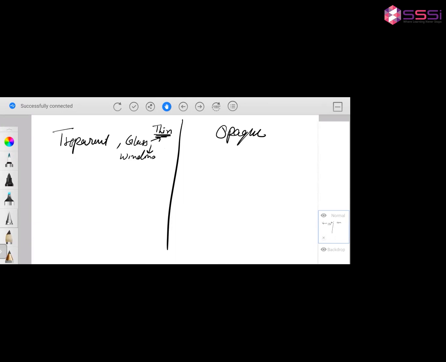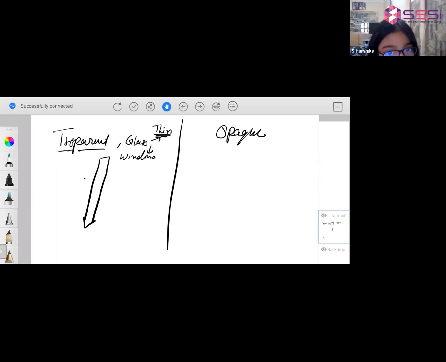Wait a second, Harshika. Okay, how to define a transparent glass or transparent object? An object which allows light to pass. This is glass.